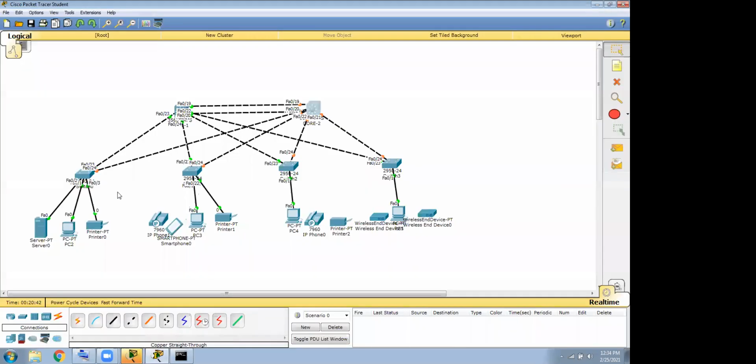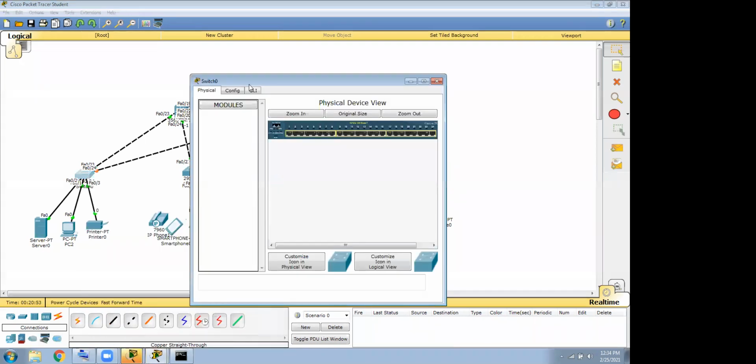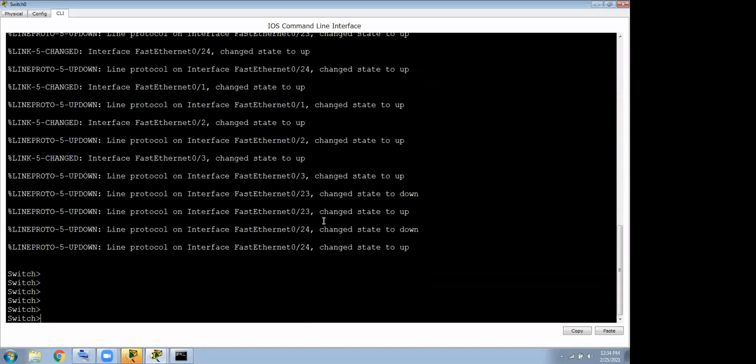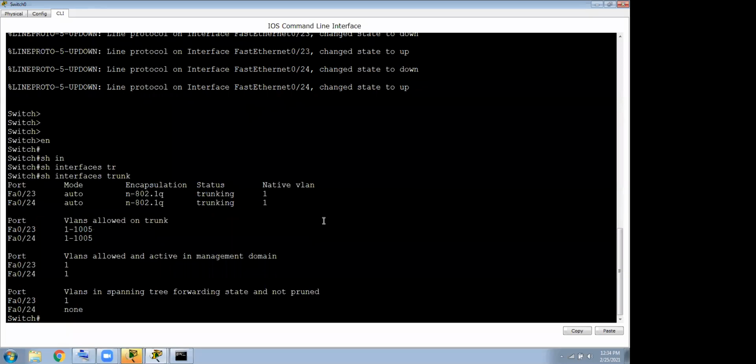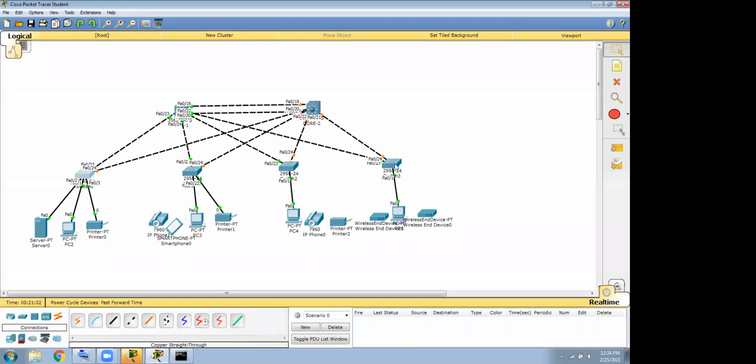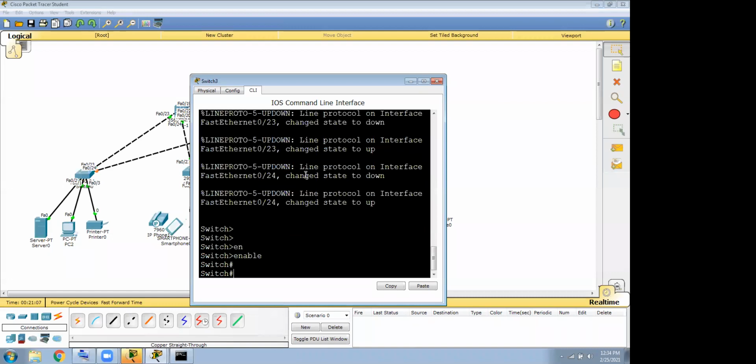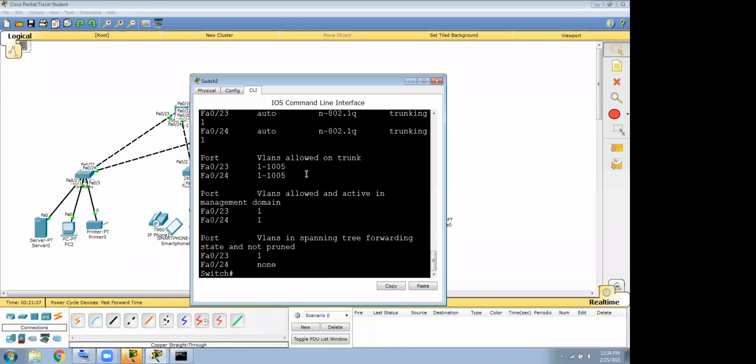This is done. Similarly, now in every access switch you need to go and make a trunk. But remember, by default behavior these ports are in auto mode. So when the trunk request comes from this end, this side will automatically become a trunk. If you want to verify that, go to the access layer switch and run show interface trunk. Can you see it? It becomes a trunk automatically. Here also, if you check show interface trunk, you already have a trunk.